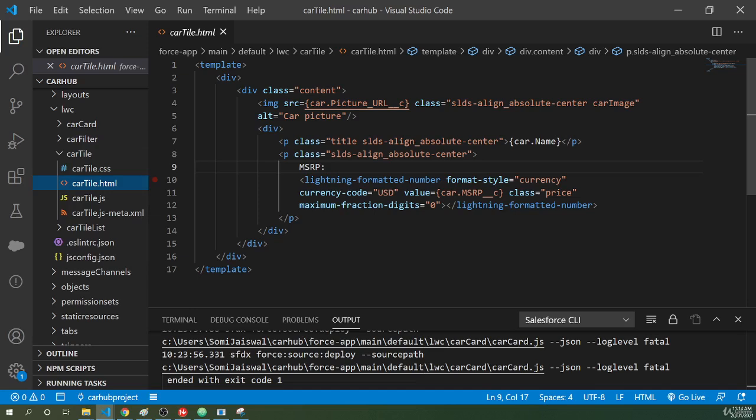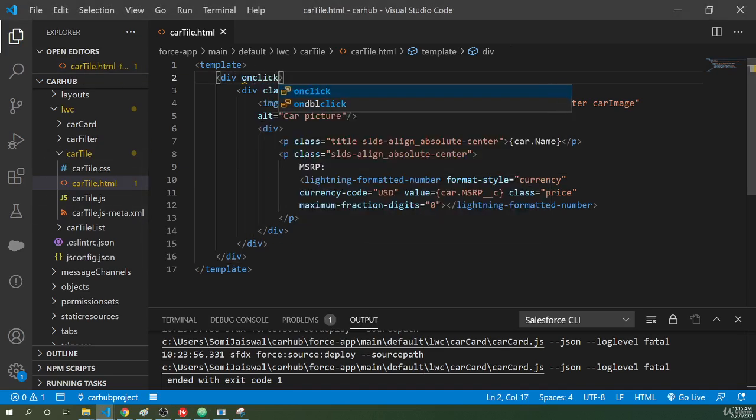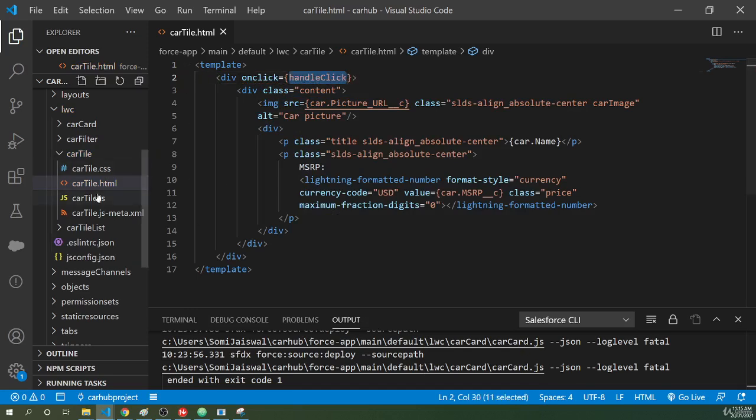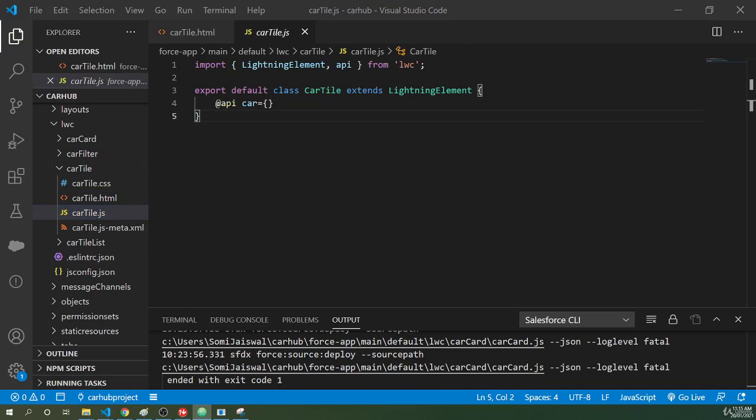For that, whenever I click on this tile, so the div is the main wrapper of our tile, on click I'll call handleClick. I'll create a method handleClick. So whenever somebody clicks anywhere in this tile or in this component, it will call this method handleClick. And in JS, we are going to create that method,